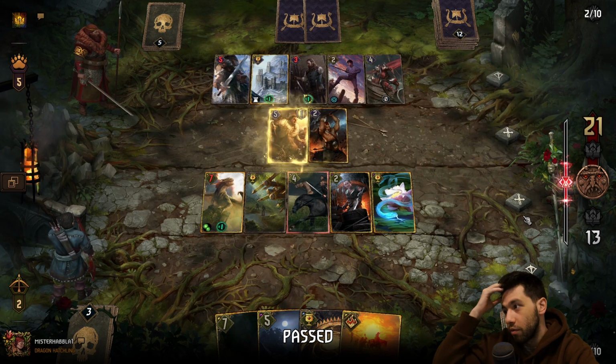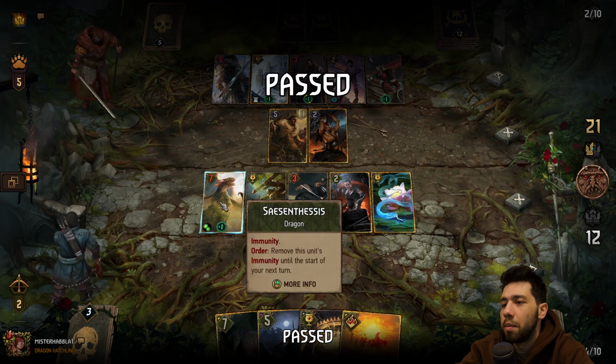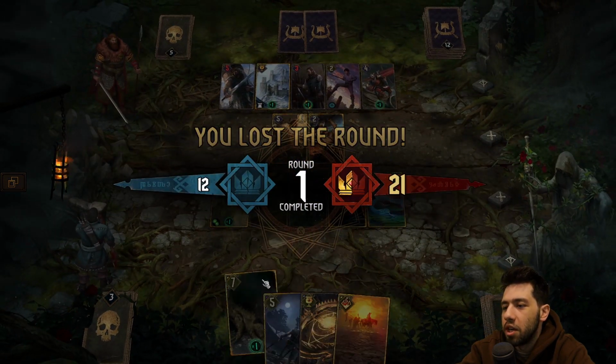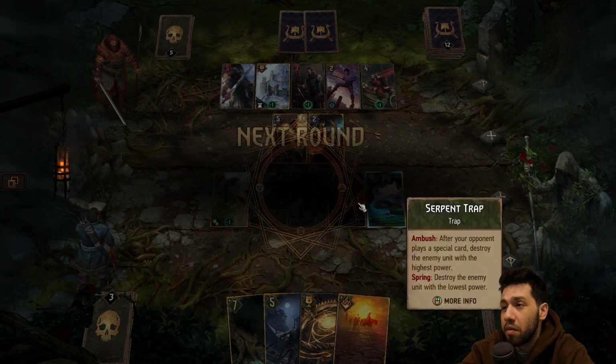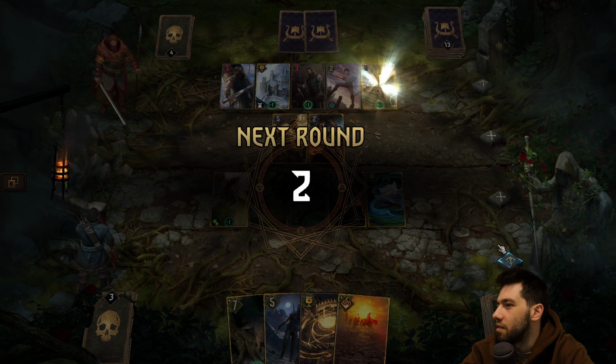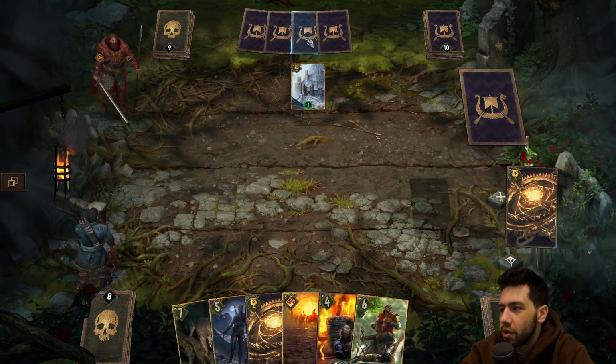Goes Morkvark as well. Alright, that's a pretty expensive round for him, I guess. I mean, we played the Synthesis and the Hattori. We keep our Sabertooth, Gaten, Heatwave as well. I mean, maybe Heatwave isn't necessarily the best one in this matchup. So the question now is